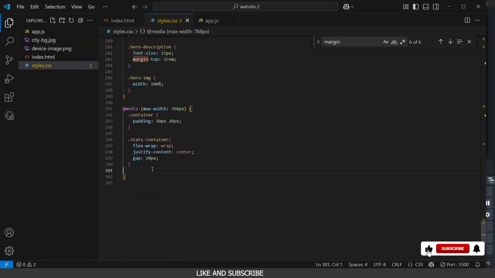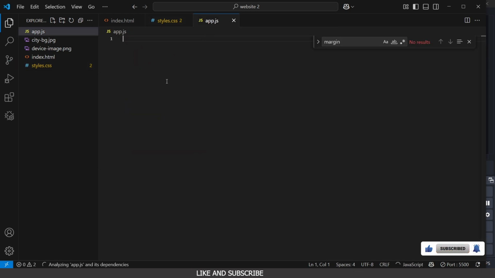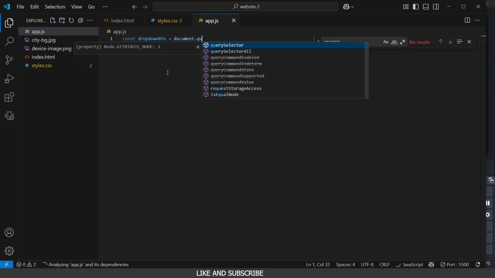So let's go ahead and head over to our app.js file and add the JavaScript. It's going to be quite easy. First, we're going to select the drop down button, which is this button right here. So let's say const dropdownBtn